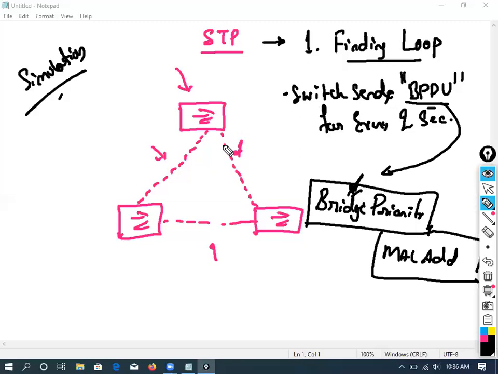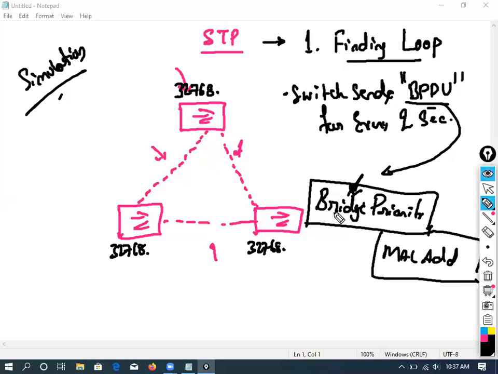Now the thing with all the switches is that all switches have the same priority. It's equal. You bring higher-end switches or lower-end switches, it doesn't matter. All the switches have the same priority here. The priority value is 32,768. Just watch me, later you can write it. I'll give you the time. So this is the default bridge priority number we have.